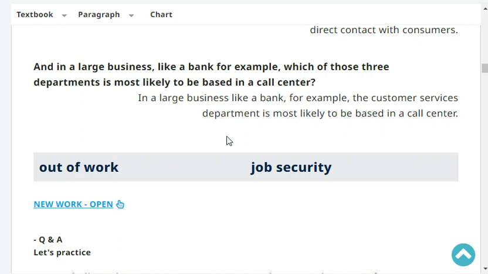And in a large business like a bank, for example, which of those three departments is most likely to be based in a call center? In a large business like a bank, for example, the